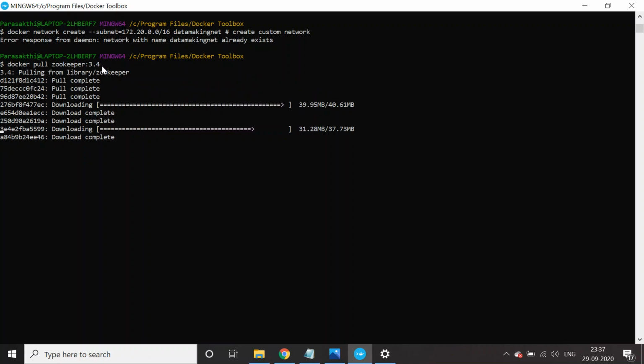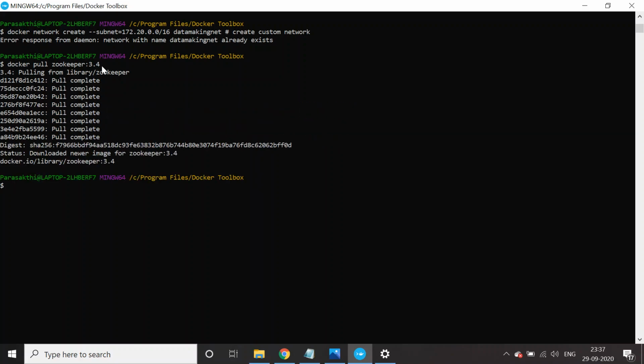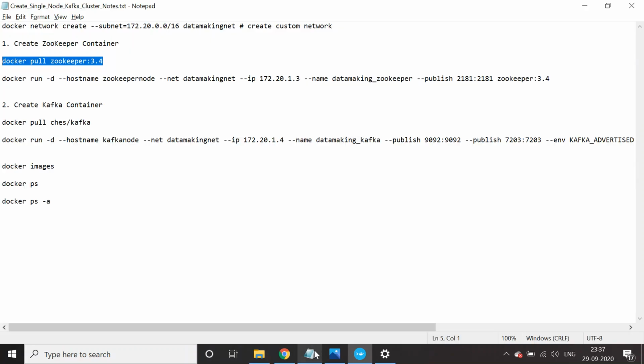Once you get a Zookeeper image, we can run that image to get a Zookeeper container. This is the command. To run your image, you need to pass docker run. I'm going to run it in background mode, so it is -daemon, and I'm going to set the host name as zookeeper node, and I'm using this subnet, so I have to give the subnet ID, and the IP address I'm assigning is 172.20.1.3, and this is the name of the container I'm giving.